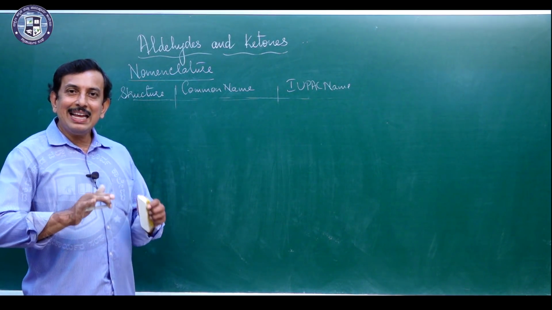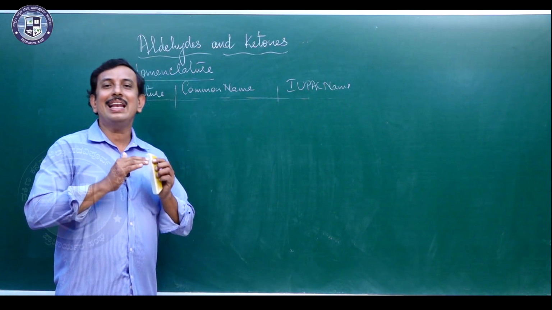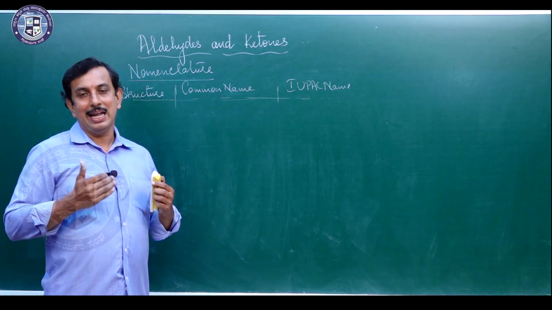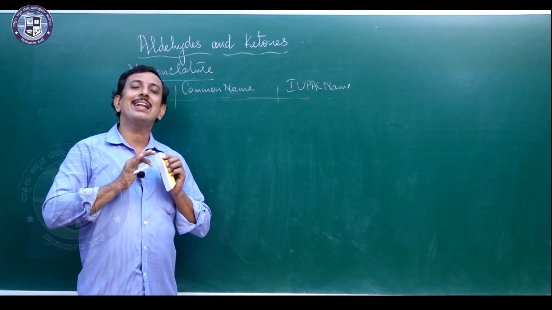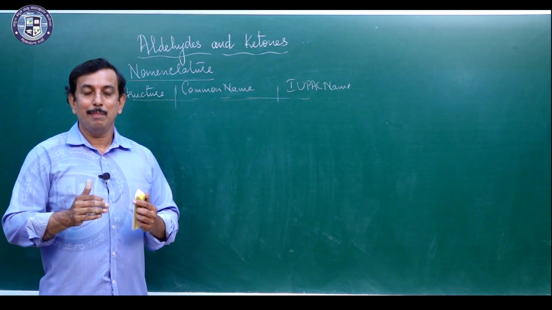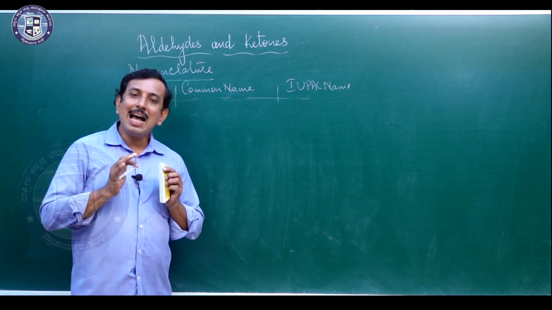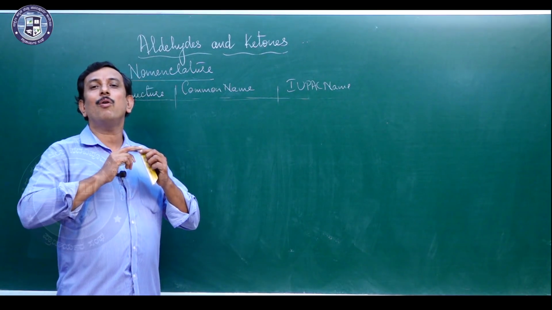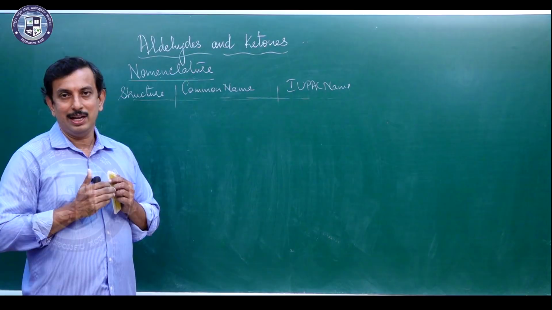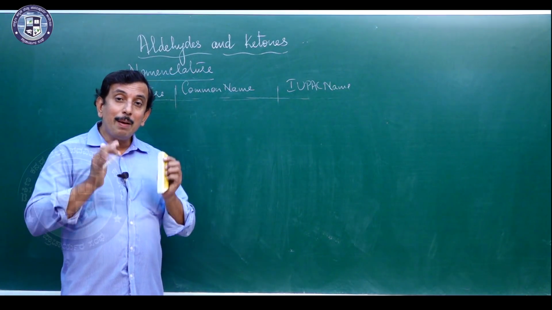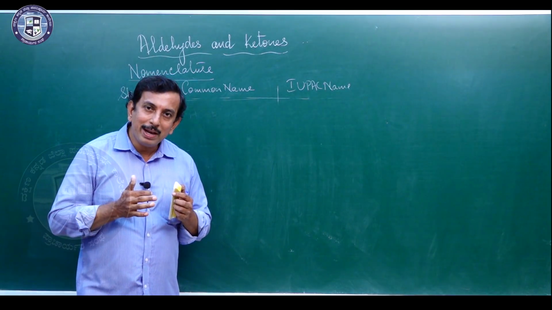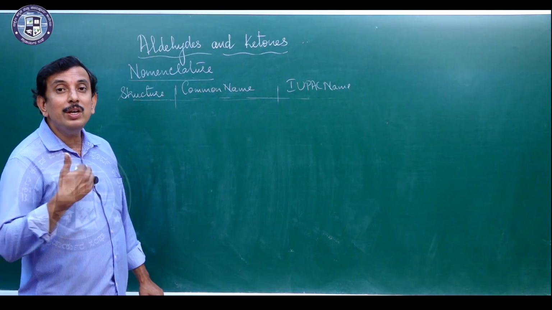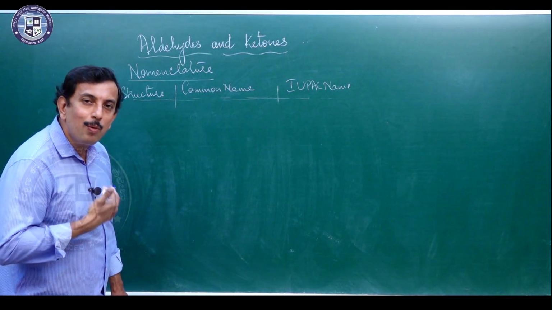Secondly, just like in aldehydes, what we have done, we have selected the chain containing the functional group. But the difference between aldehydes and ketones is that in aldehydes, the CHO group is always present at the end, at the terminal. But in case of ketone, it is not like that. The carbonyl group, what I called as keto group, is not found at the terminal. It is always found in between the carbon chain, in between the carbon atoms. Therefore, when you number the carbon chain, you have to select the proper numbering so that the keto carbon will get the lowest number. So, how to name it? For that, let me give few examples here.